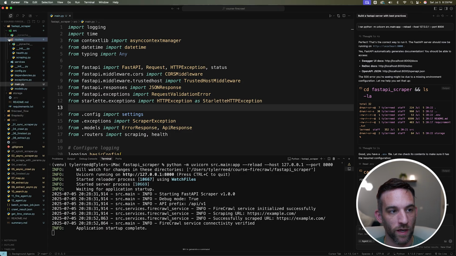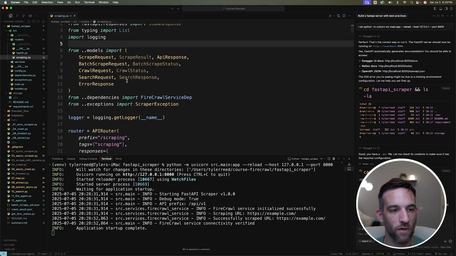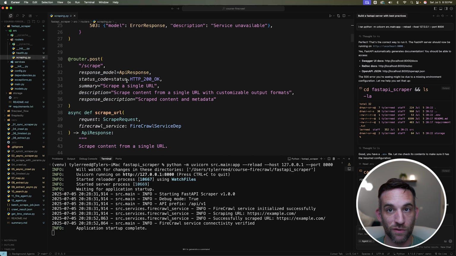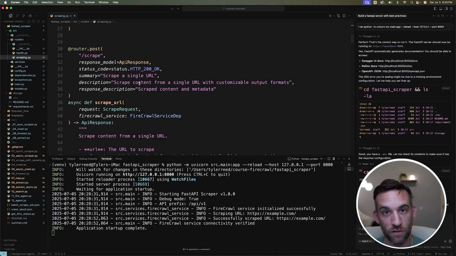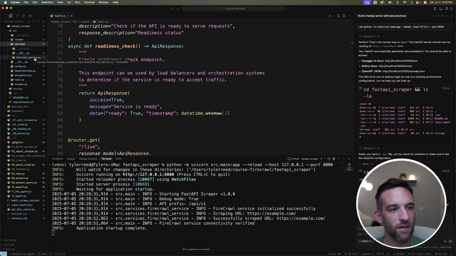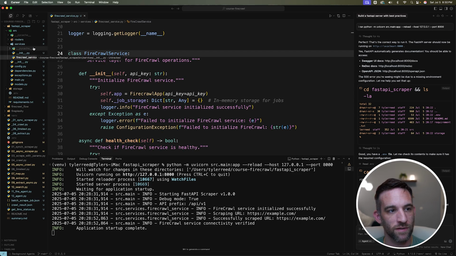I know that there's a routers folder, though I'm not very familiar with this. FastAPI is a server specifically supposed to be more lightweight for APIs. So it created routers, meaning basically all of the endpoints needed for scraping, for instance a specific URL, and it has health checks. Then it has all the services needed, which in this case includes a Firecrawl service, and it did things